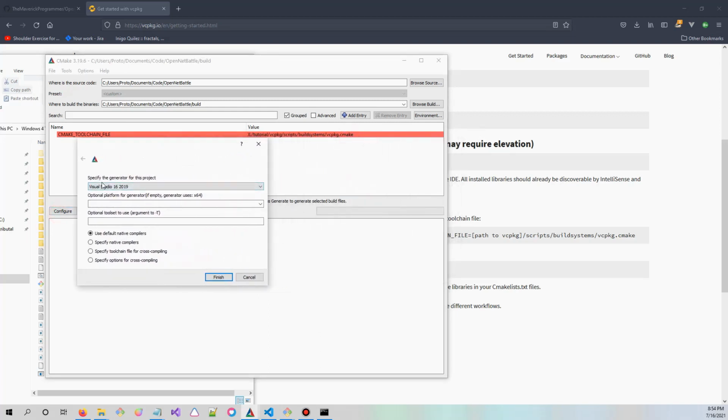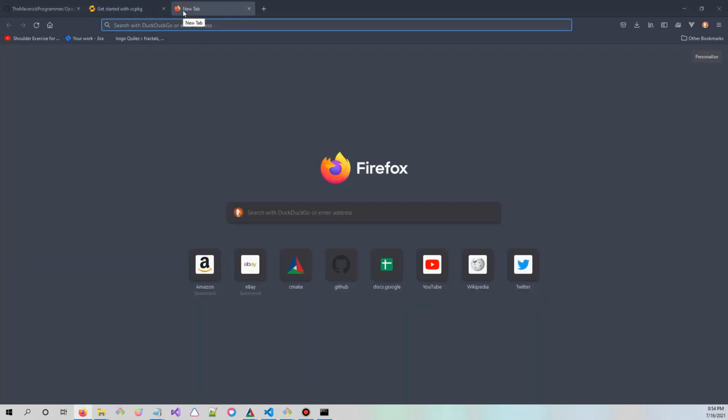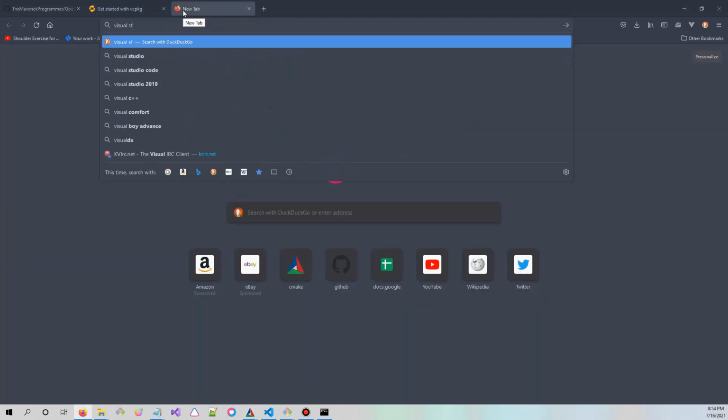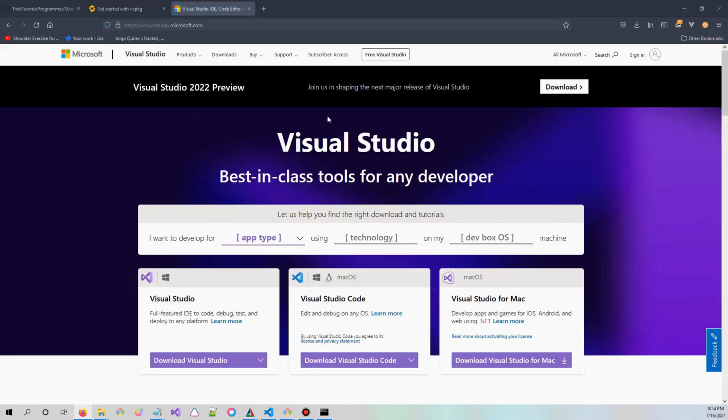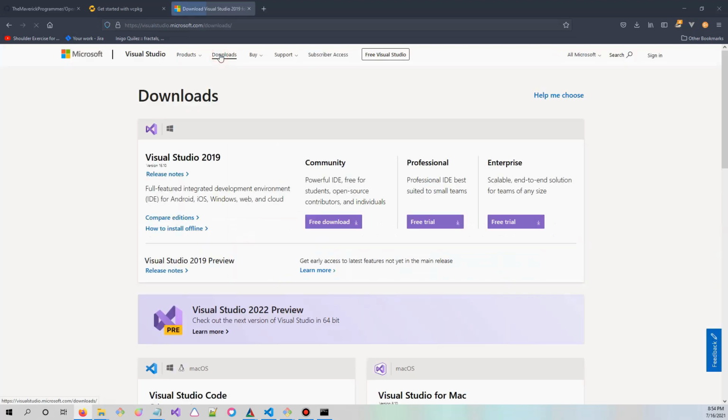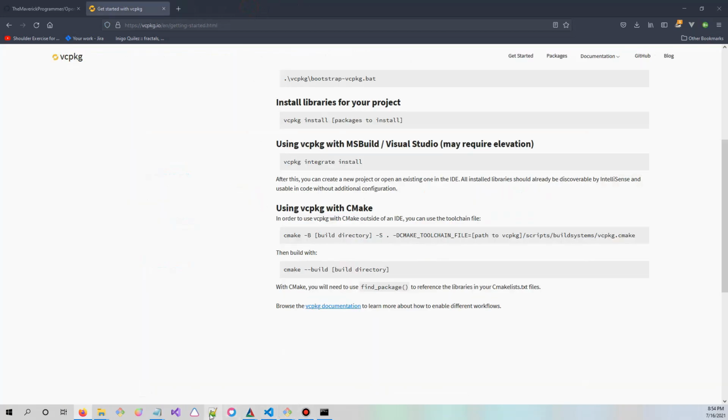Now you should have Visual Studio 16 installed as well, or the latest Visual Studio. If you don't have Visual Studio, you need to go download it. I assume you're watching this video because you have it. If you don't, you need to come over here. All right, so it is free. You can get the Community Edition for free. There's absolutely nothing stopping you. So be sure to download that and any C++ packages that you might need. Just look for the keyword C++, make sure there's a check mark next to it, and you should be fine. So once you have that installed and you run cmake again,